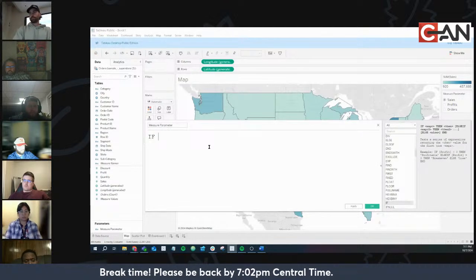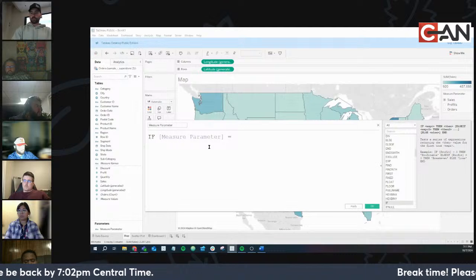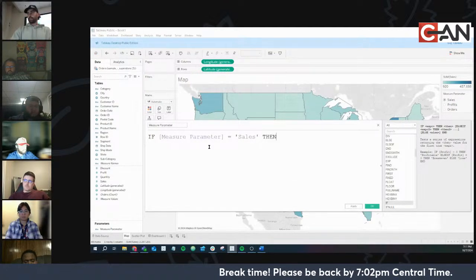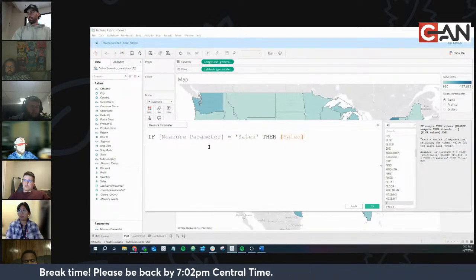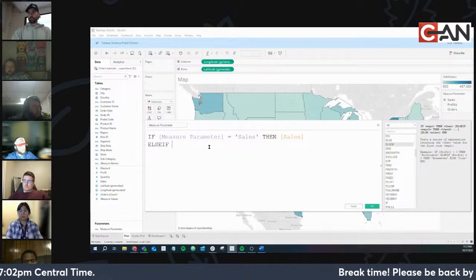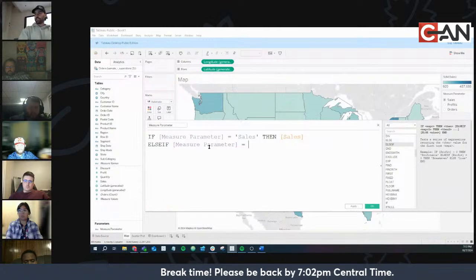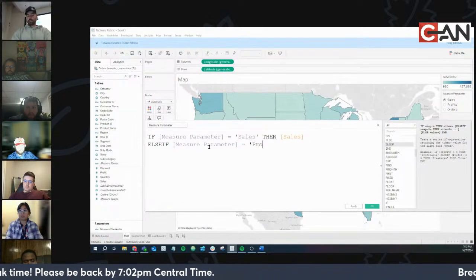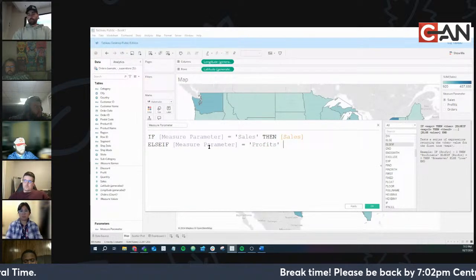So if measure parameter equals sales, then sales, else if. I'm actually going to build it wrong to start, and I'm going to go back and change it to what it should be. Stick with me. Profit, then,